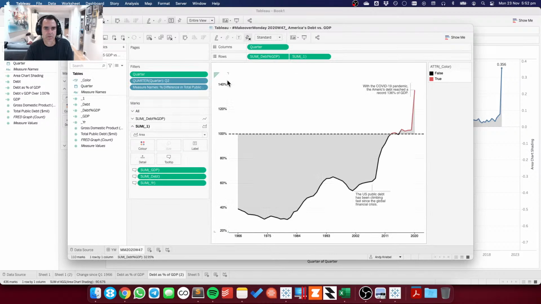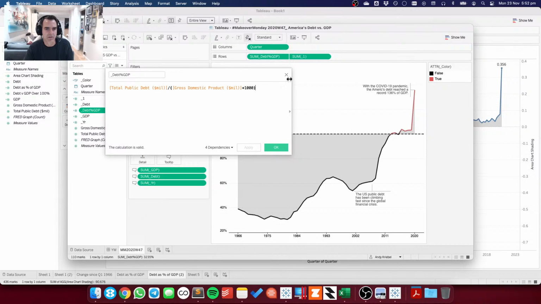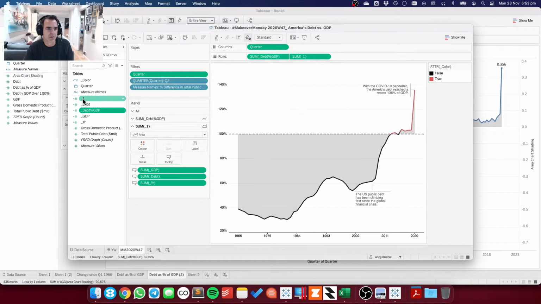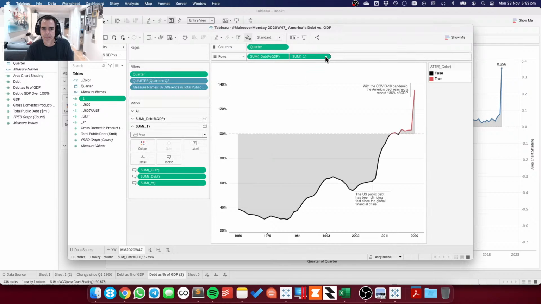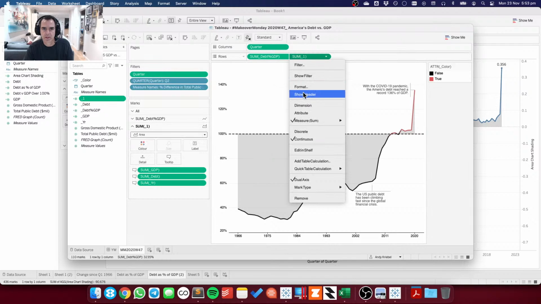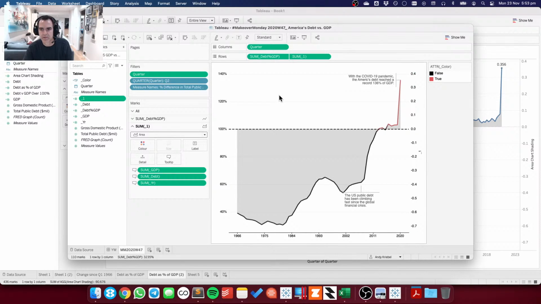Yeah, so she's got percent GDP. So this is the same calculation I have. Total debt. Yes, that's fine. And then this one is that minus 1. Yep. So show header. Ah, okay, so she pinned the axis. So that's why it doesn't match. So she must have manually selected it until it matched. So if I unpin the axis here, it should throw it back off. Oh, it's not too bad.